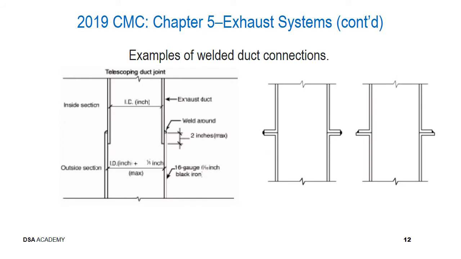These images depict a variety of joints that you would expect to see in Type 1 hood ductwork. The image on the left is showing basically a telescoping duct joint, where you have kind of a lap joint, and a modified fillet weld is going to be installed all the way around the joint itself. The important